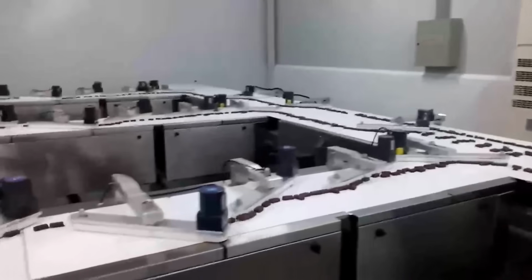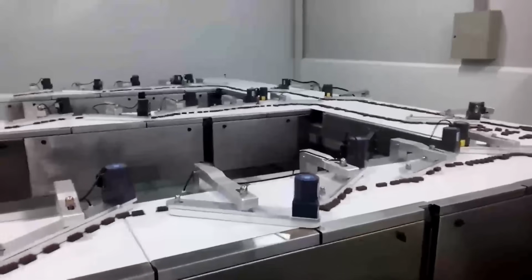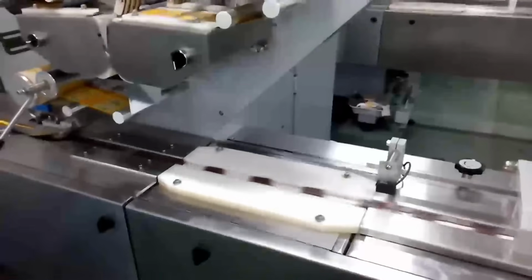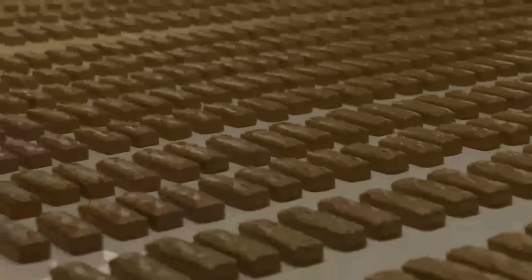The finished goods warehouse is where the newly palletized bars await shipment. This warehouse is fully climate controlled to maintain optimal temperature and humidity for chocolate storage. Temperature is held at 18 to 20 degrees Celsius with relative humidity below 55% to prevent bloom, melting, or texture changes. Air circulation systems keep temperature consistent throughout the space, while insulation and vapor barriers prevent external fluctuations from impacting